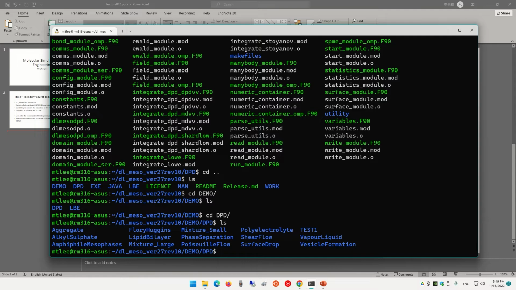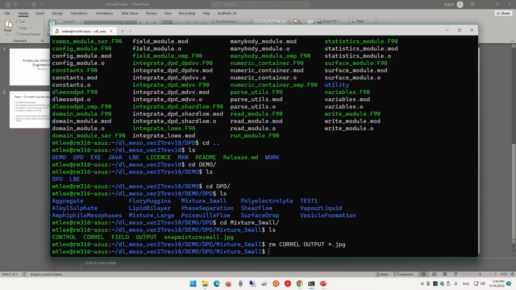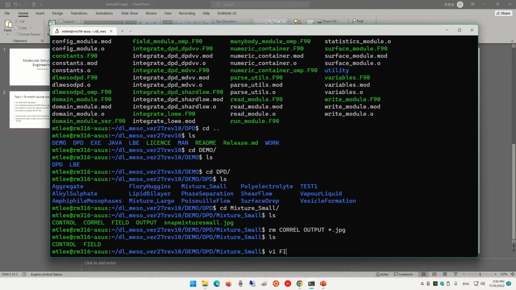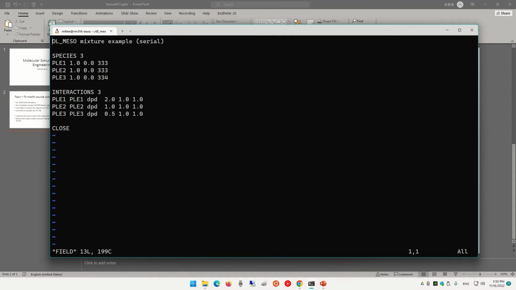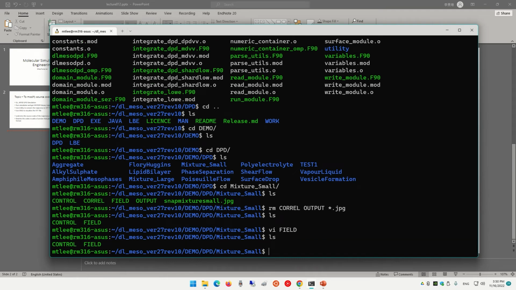And let me see, mixture small first. And then I'm going to remove everything we don't need here: the output, the snapshot. All right, so this is good, but I'm going to change the names of these species just to make it easier to deal with.